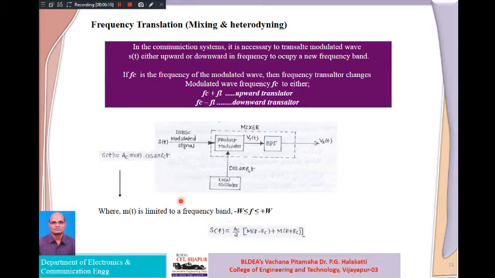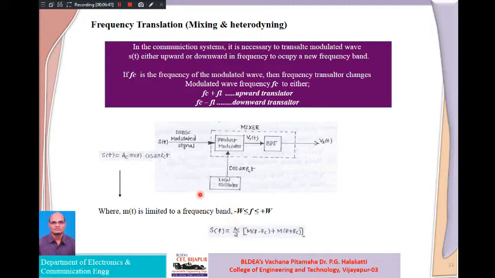If you take its Fourier transform pair, s(t) to S(f), the amplitude will be reduced by 2, A_c/2, m(t) will become M(f), and the Fourier transform pair for cos 2πf_c t will be [δ(f - f_c) + δ(f + f_c)]/2. So that 1/2 is coming here, and A_c is the amplitude, a constant, which will remain as it is.